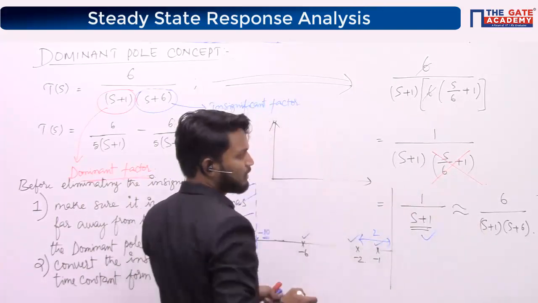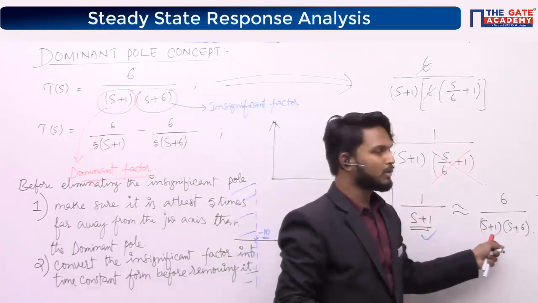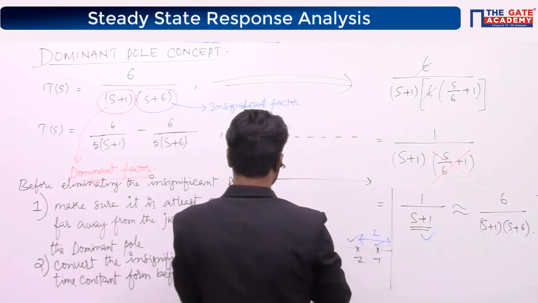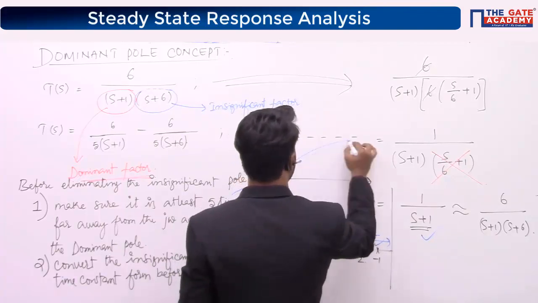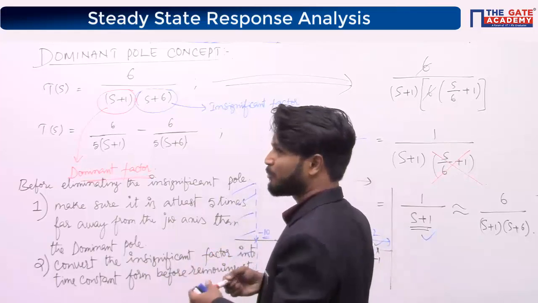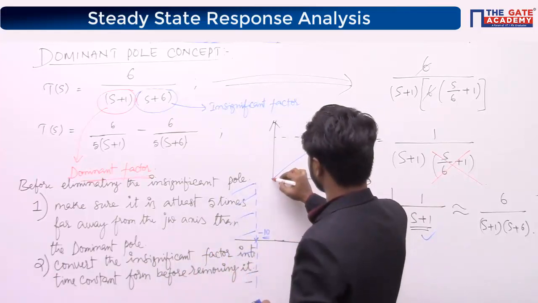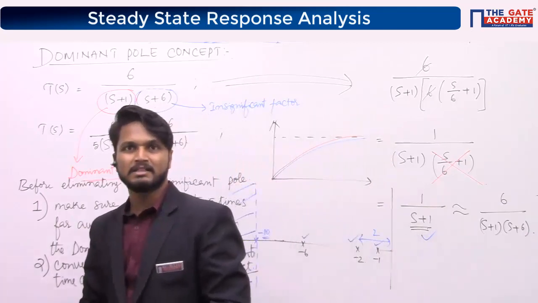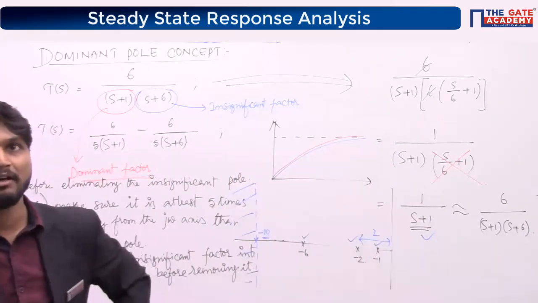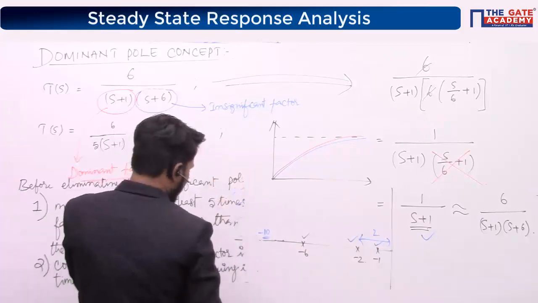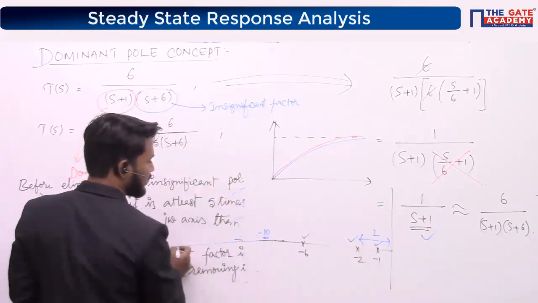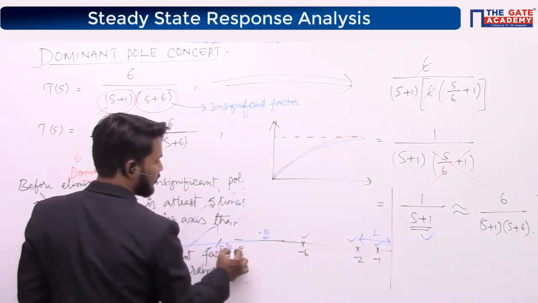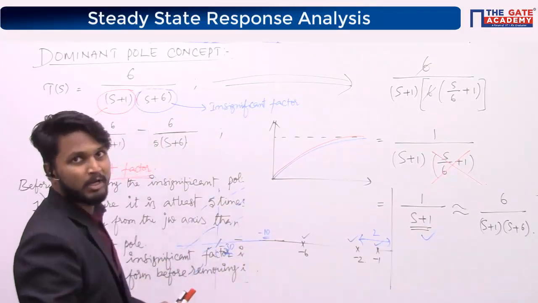So basically, systems having poles at different locations are generally overdamped systems only. So the overdamped system's response will be like this. I'm just approximating this overdamped response with this. Not exactly the same. This red line and blue line are not exactly the same. So all the poles should have at least -30 or lesser real parts, only then they are